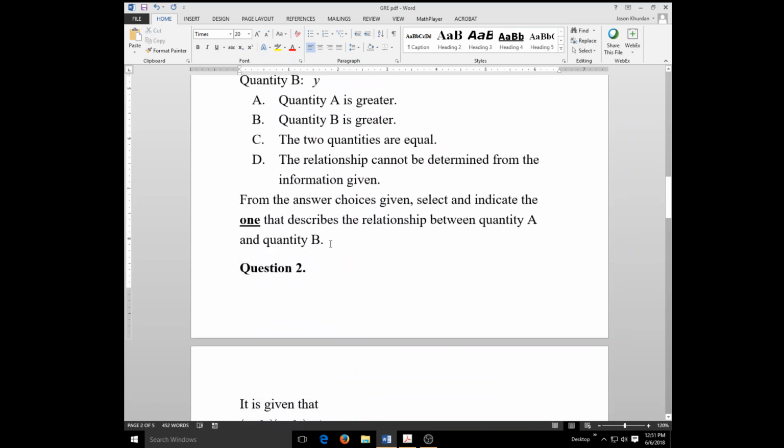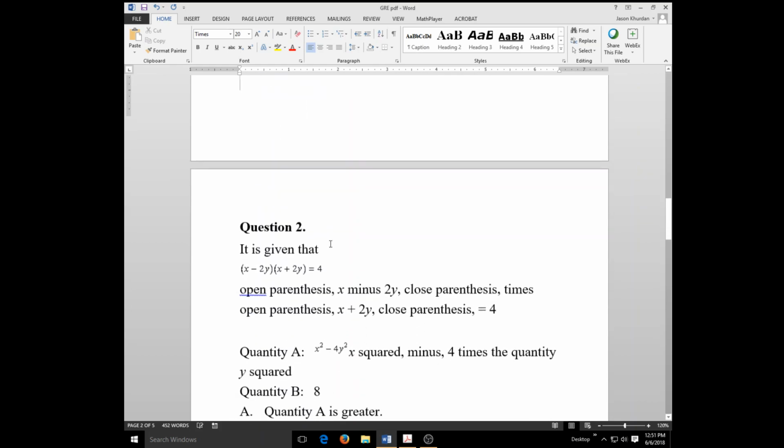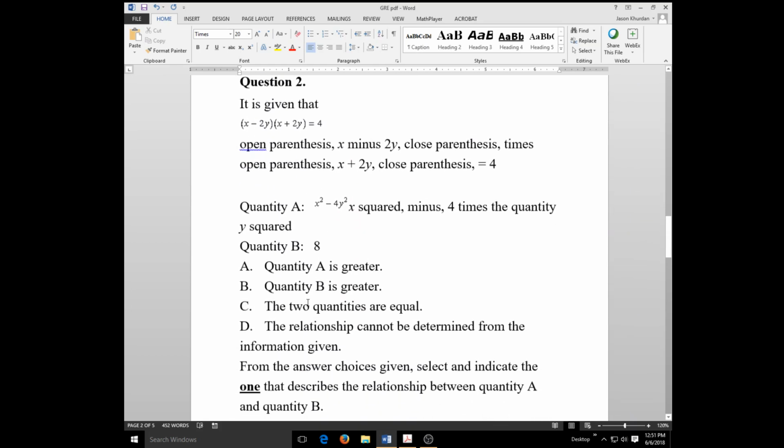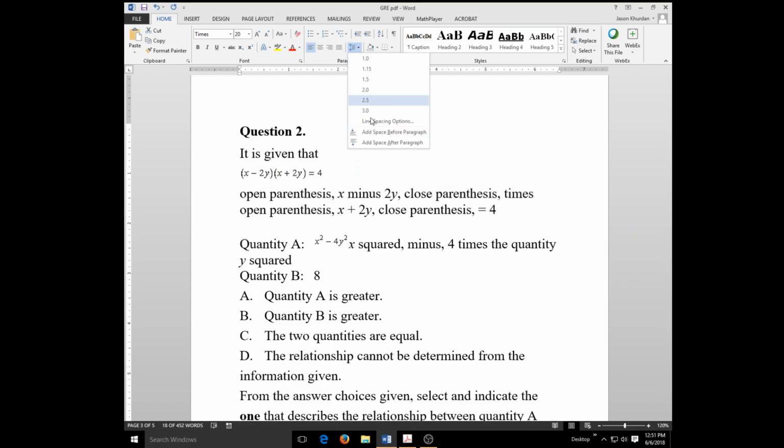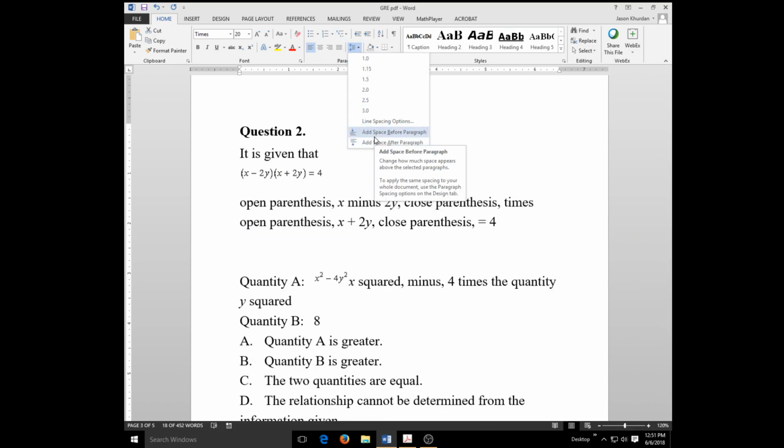Because a student with a visual impairment doesn't have the same luxury of being able to use their peripheral vision and navigate from page to page easily, you're going to want to try to keep all questions and all the possible options on one page when necessary. You're also going to want to make sure that you've given yourself enough spacing in between lines. So for example, I don't want to completely remove all spacing,